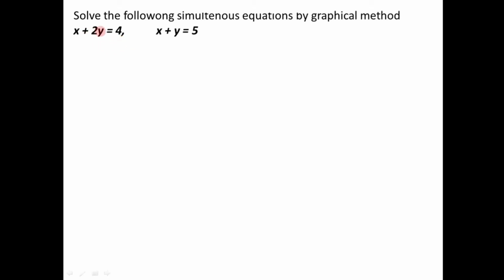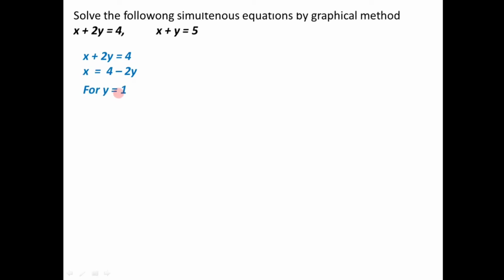So let us consider the first equation and find the coordinates table for drawing its graph. The first equation is x plus 2y is equal to 4. Now we have to transfer one of the variables to the right hand side so as to get the value of the second variable from the first one. Here we will transfer 2y to the right hand side, so x is equal to 4 minus 2y, because plus 2y going to the right hand side becomes minus 2y. On the right hand side we have the variable y. If we take values of y, we can get the values of x.